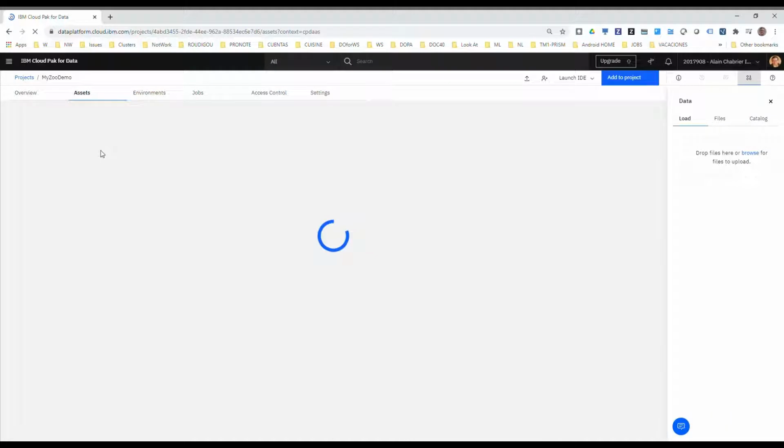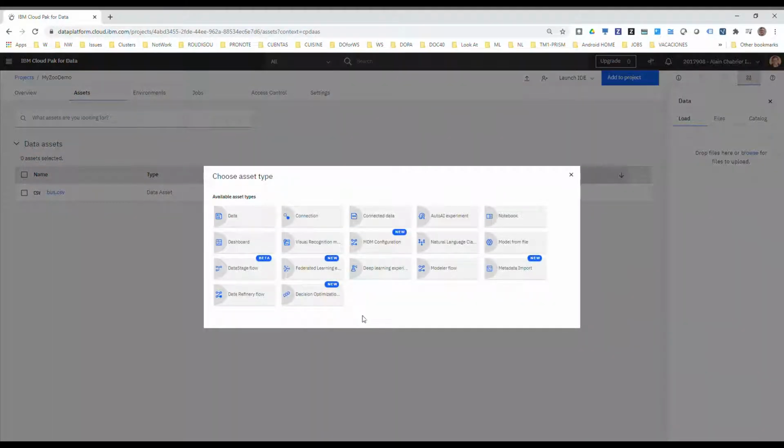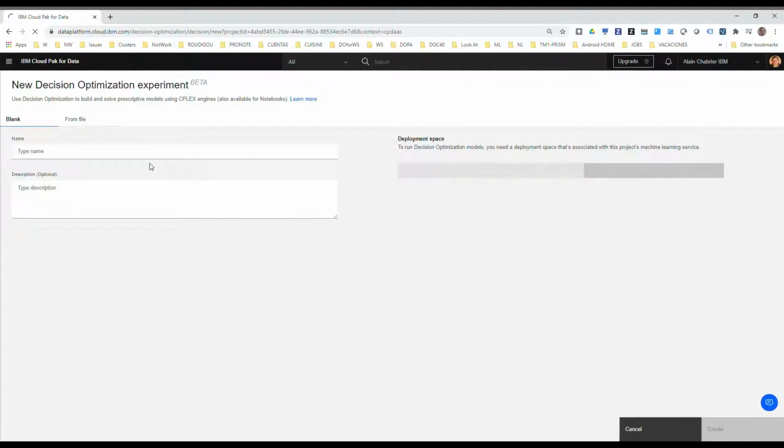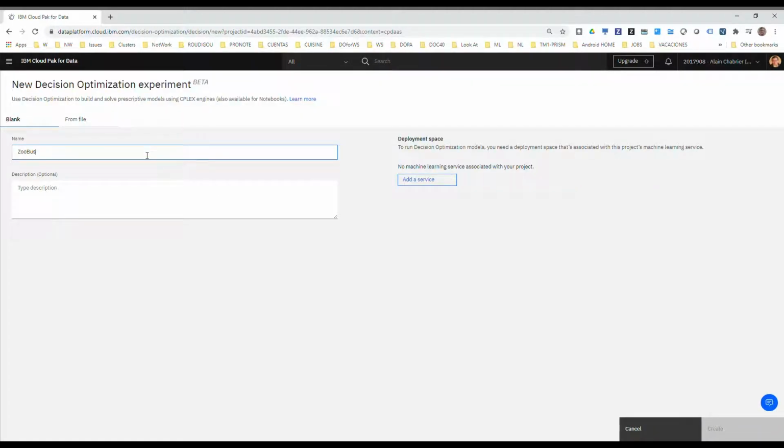You can create a decision optimization model in two ways in Cloud Pack for Data, using a notebook in Python or using a DO experiment, which is a way you will be able to use OPL or a modeling assistant. I create an experiment here, adding a new experiment into the project. And here again, as my experiment is created into the project, I will have to set a name, and I will also have to choose a WML instance and a space where the execution of the model will be added.